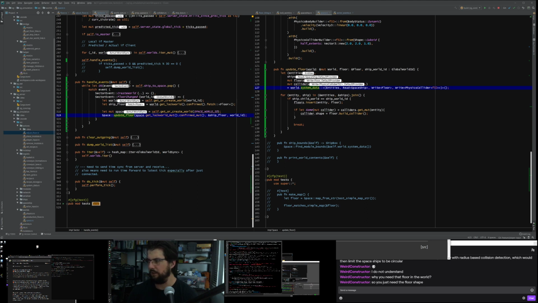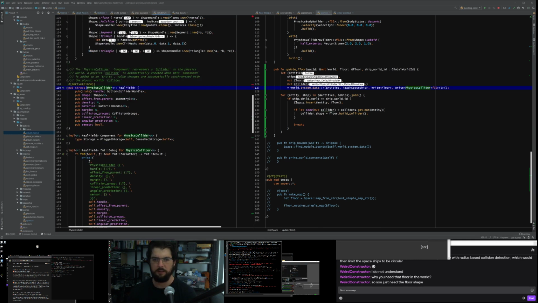Why does it even need it? So if we can't get it through system data, then getting the collider is going to be very painful. Wonder why physics collider doesn't implement default. I mean, all these different things. I think there was some workaround for this problem, but I can't recall what it was.